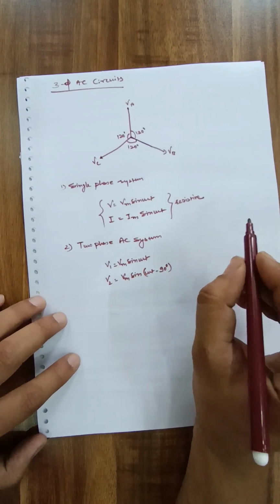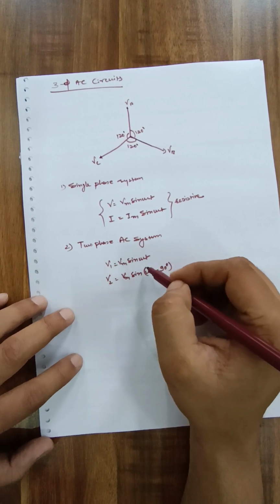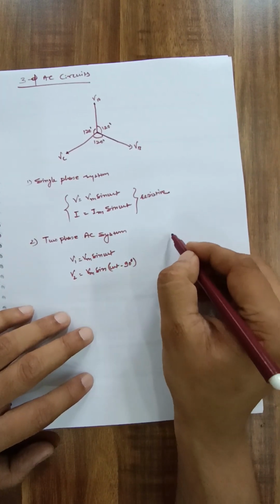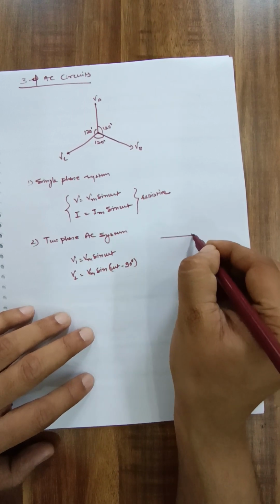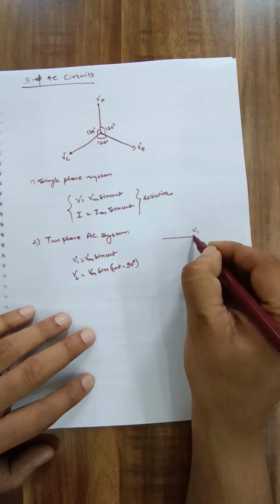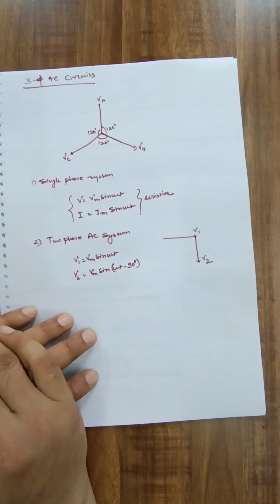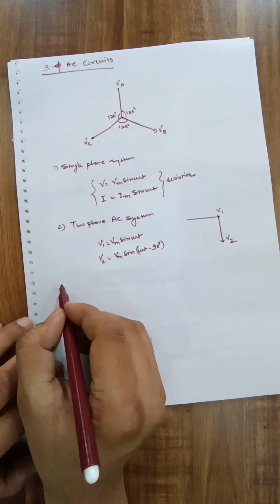Now for two phase AC system, there will be two voltages. One voltage will be V equal to Vm sin omega t and second will have the phase difference of 90 degree with respect to V1. So if this is your V1, then V2 will be 90 degree like this. Clear? So it will be the concept of two phase system. And